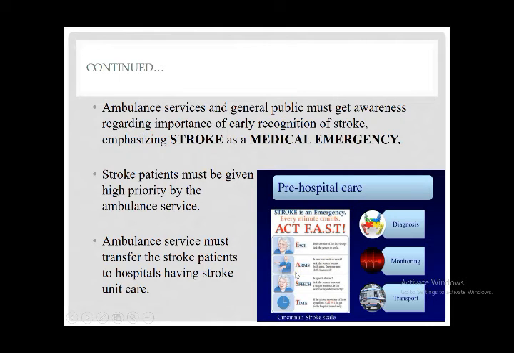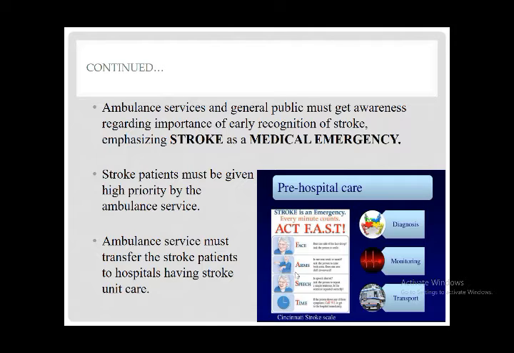Ask the patient to raise both arms, and you will see the drooping of one arm that may suggest an acute vascular stroke. Ask the patient to say a few words or a sentence, and you can assess the speech, whether it is slurred or not. So this face, arm, speech protocol, or FAST protocol, is for pre-hospital care management, and the general public should be made aware of this protocol, so they can identify stroke or cerebrovascular accident. So they can call the ambulance,